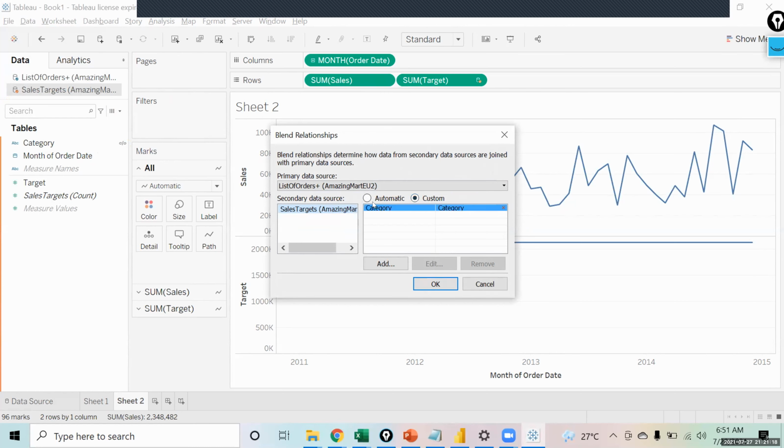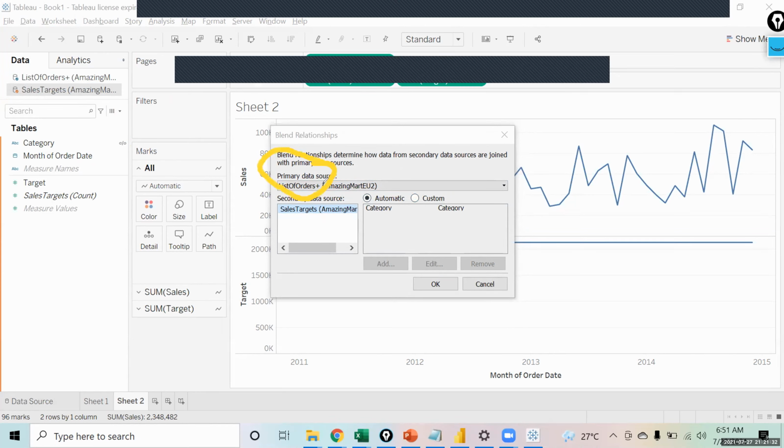Automatically, it was able to identify a relationship based on category, but the other one it is not able to identify. So I have to click on custom to define a relationship. And if you observe, it is saying the primary data source is this, the secondary data source is this. So you can see primary and secondary data source here also.